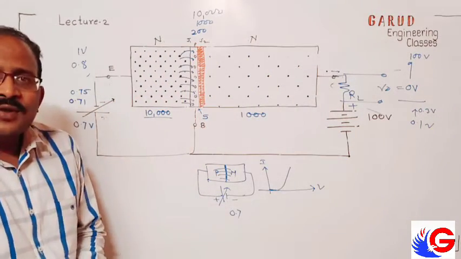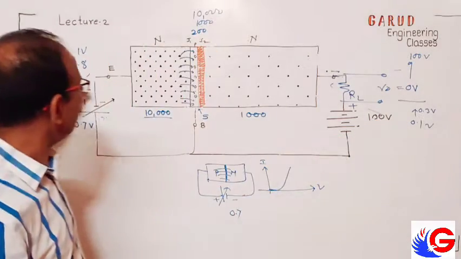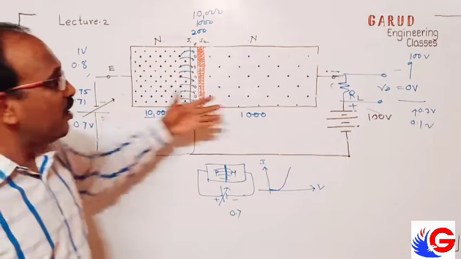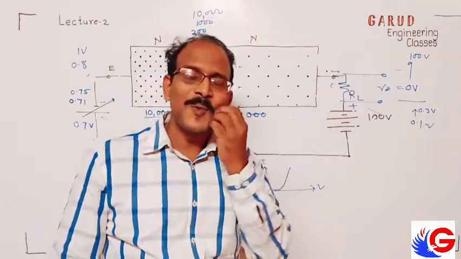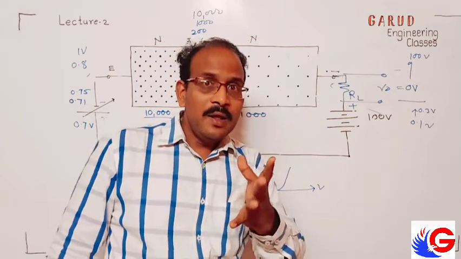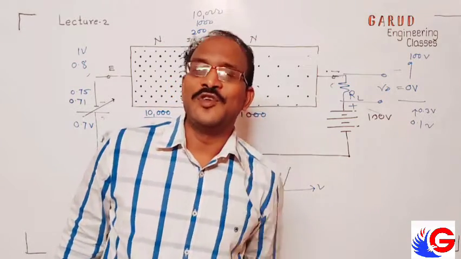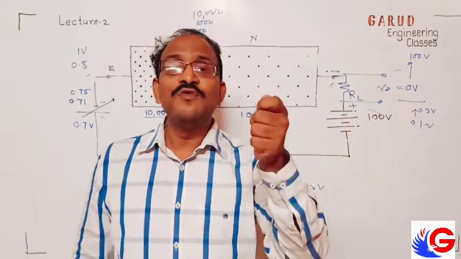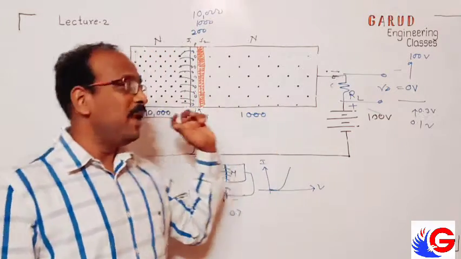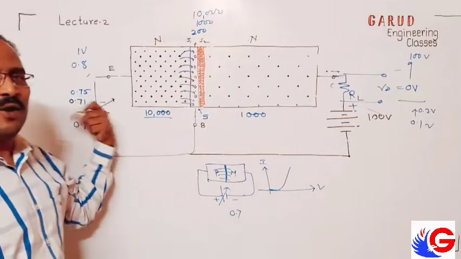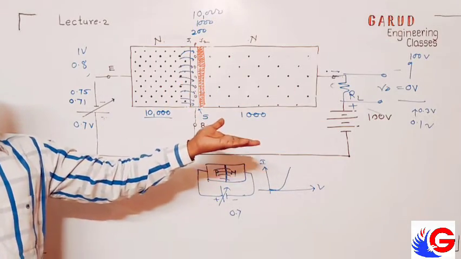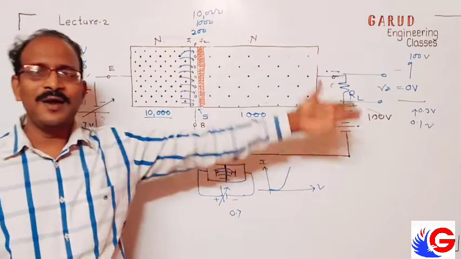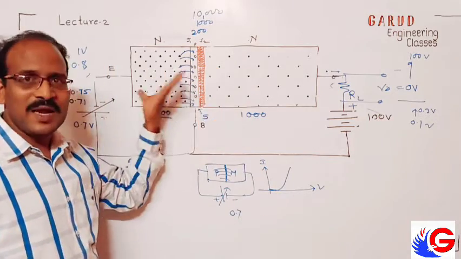So what is this? For a very small change from the input side, I can vary this much voltage from the output side. Got it? So that is called amplification: boosting the strength of a weak signal without changing its original shape. If I make it high, we get high. If we make it low, we get low. Whatever shape I give here, I get at the output. And this particular circuit behaves like an amplifier.